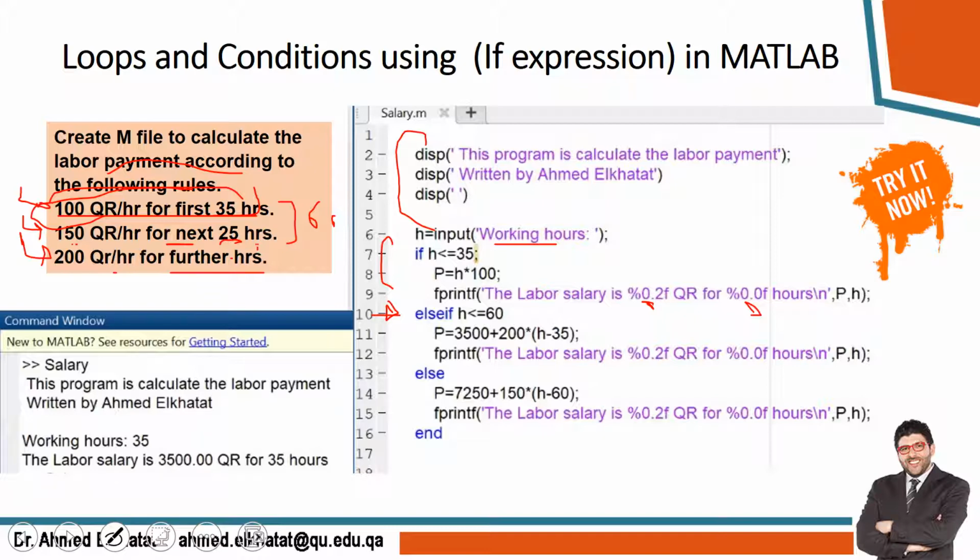I think I made a mistake here. Yes, I think what I'm saying here should be 150, not 200. By mistake I put this instead of this. So for the higher tier I made it here 150. So this is by mistake. Okay, so here it should be 150. Sorry for this mistake. Okay, plus h minus 35. Why minus 35? Because this is the total h minus the first hours that you already paid for, and